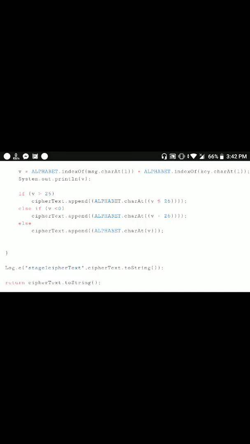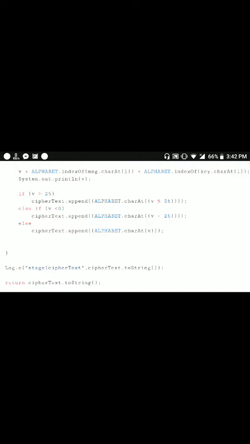If so, we need to take the modulus of that value with 26, and whatever value we get from the modulus, we put into the alphabet variable, and from that alphabet variable we fetch the corresponding alphabet for the